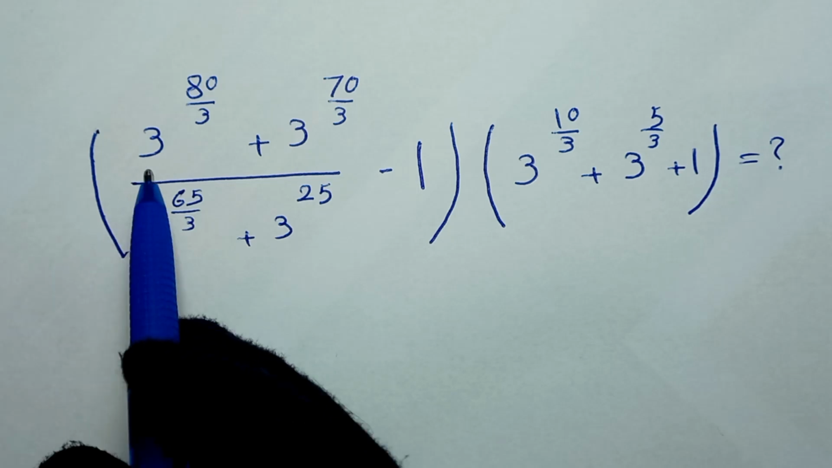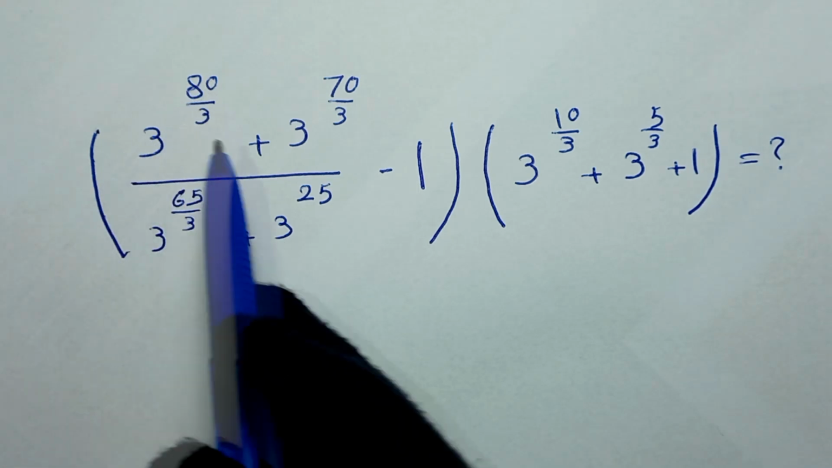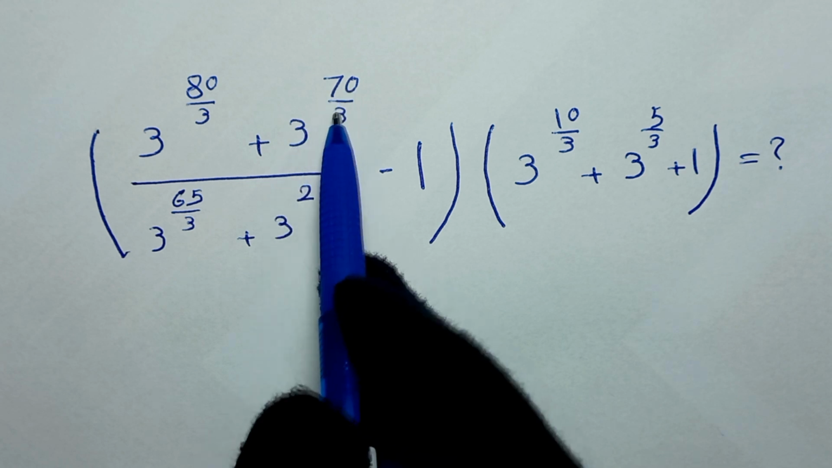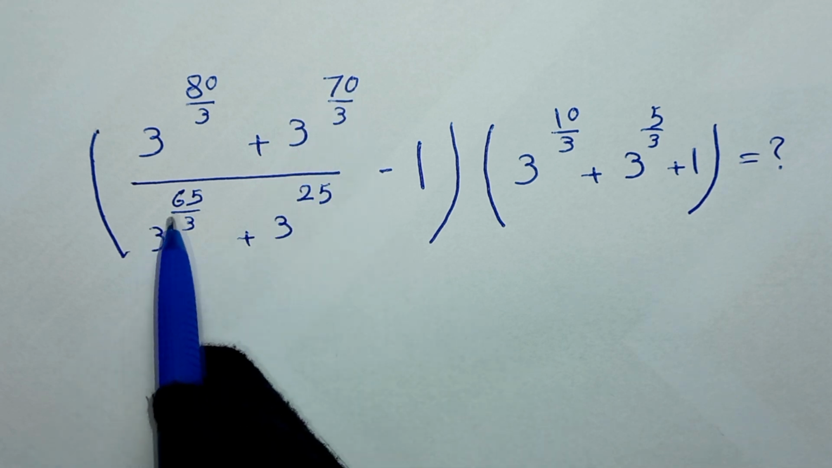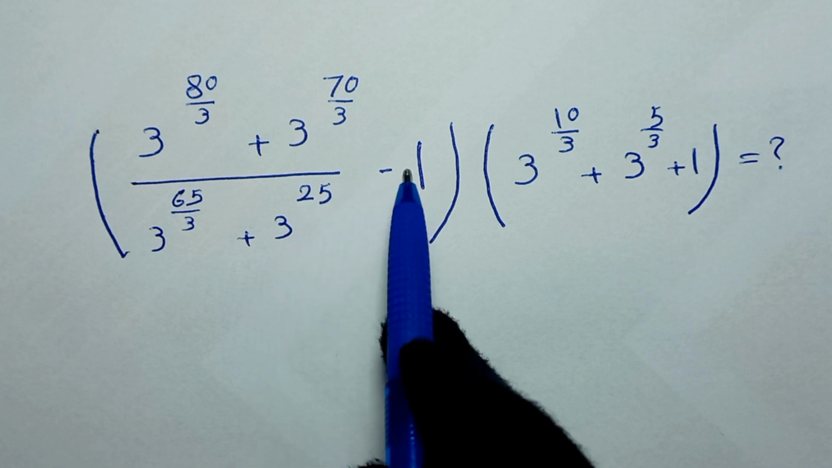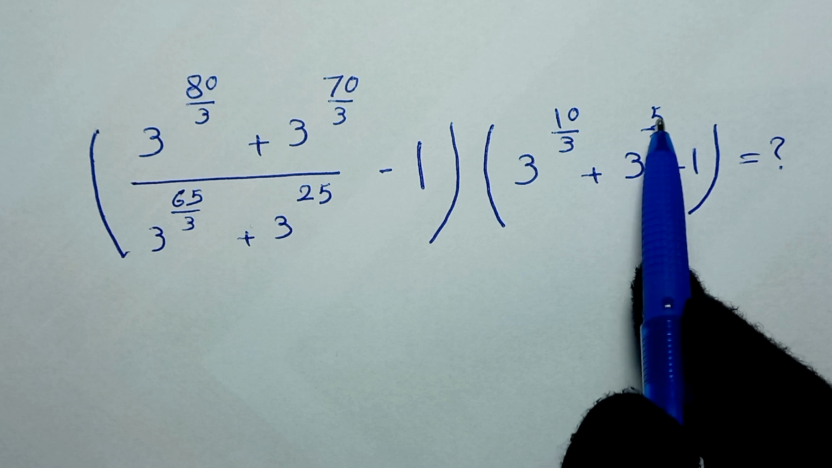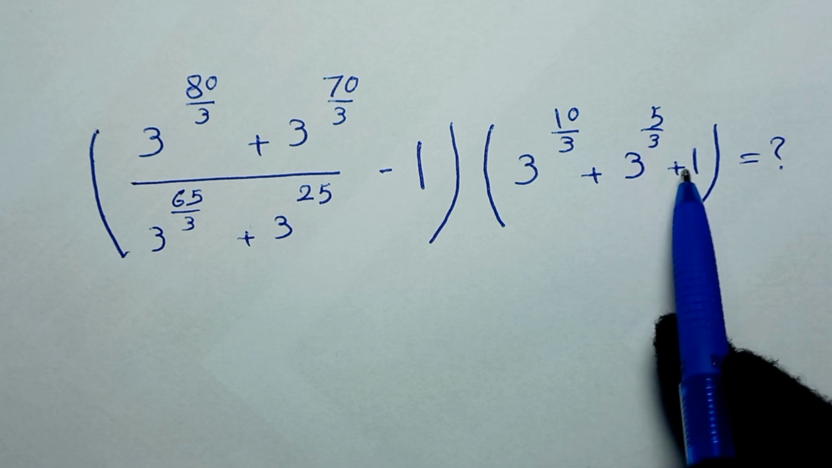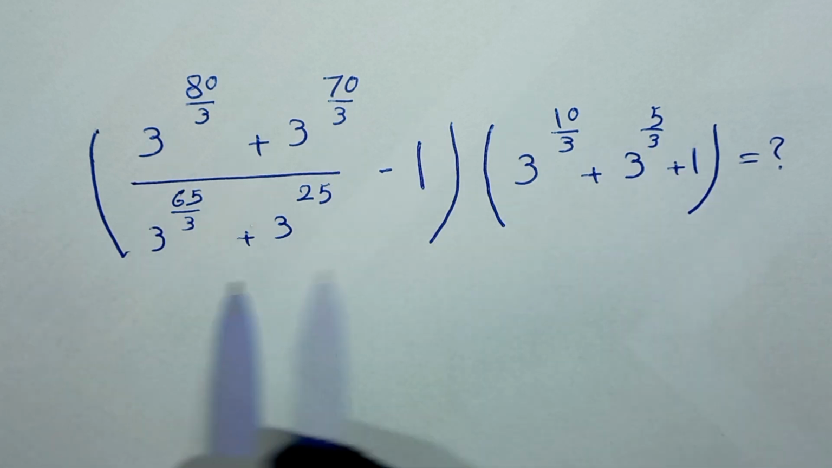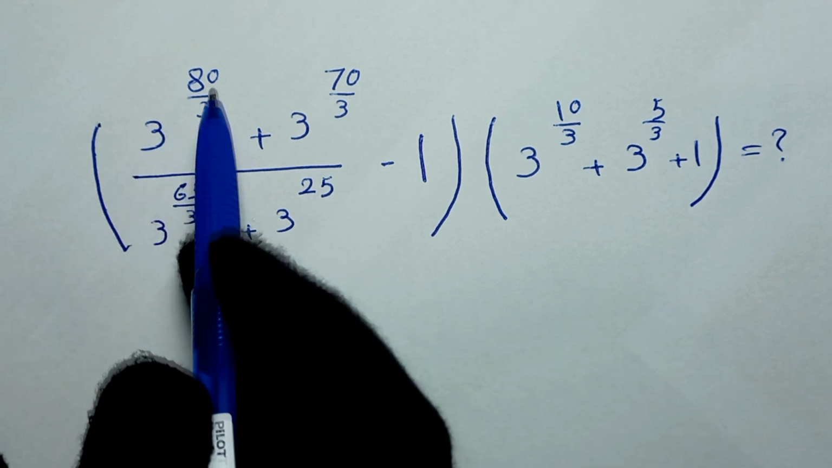Hello my friends, you're welcome to solve this math problem, which is 3 to the power of 80 over 3 plus 3 to the power of 70 over 3, over 3 to the power of 65 over 3 plus 3 to the power of 25 minus 1, times 3 to the power of 10 over 3 plus 3 to the power of 5 over 3 plus 1, to find the value of this equation. So in here, we can write this as